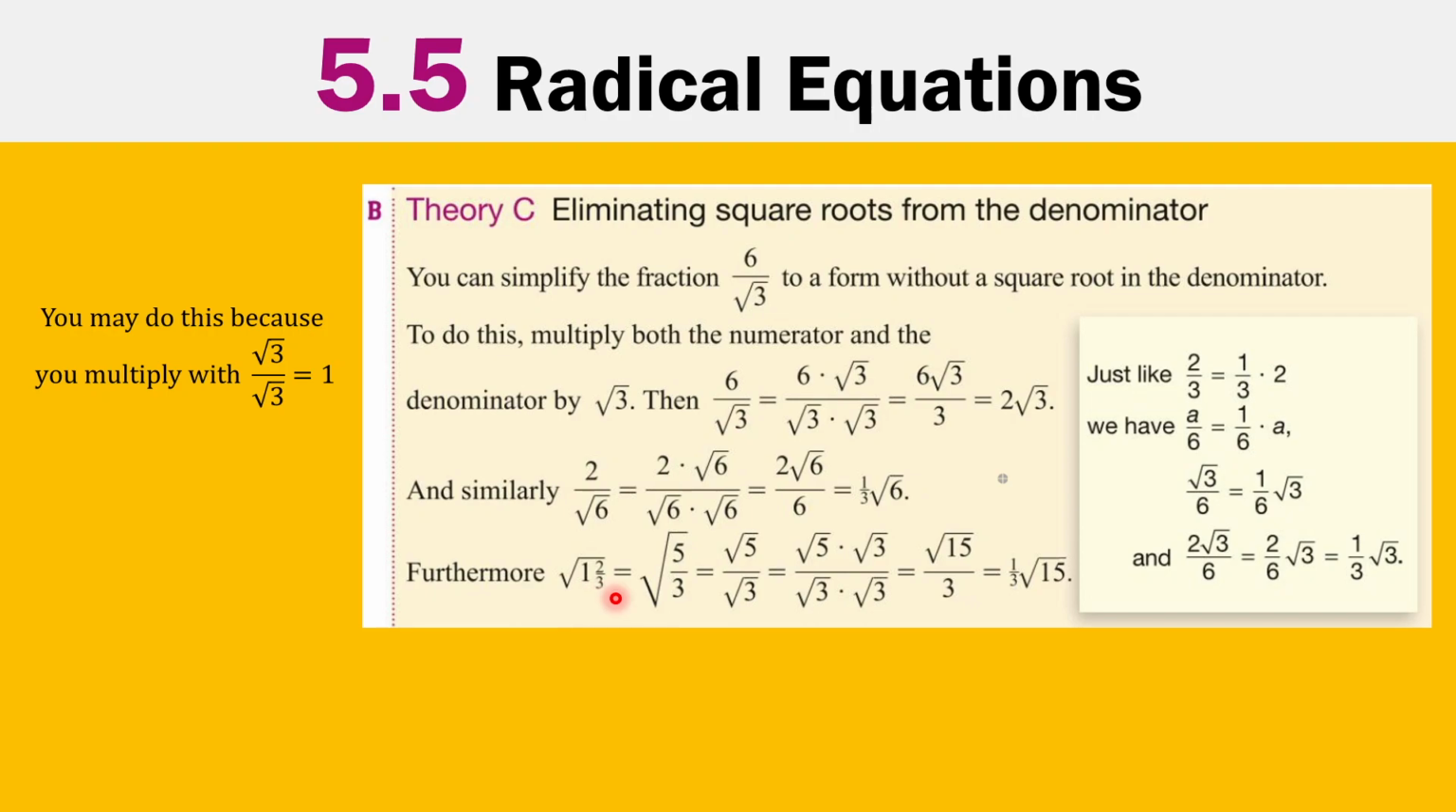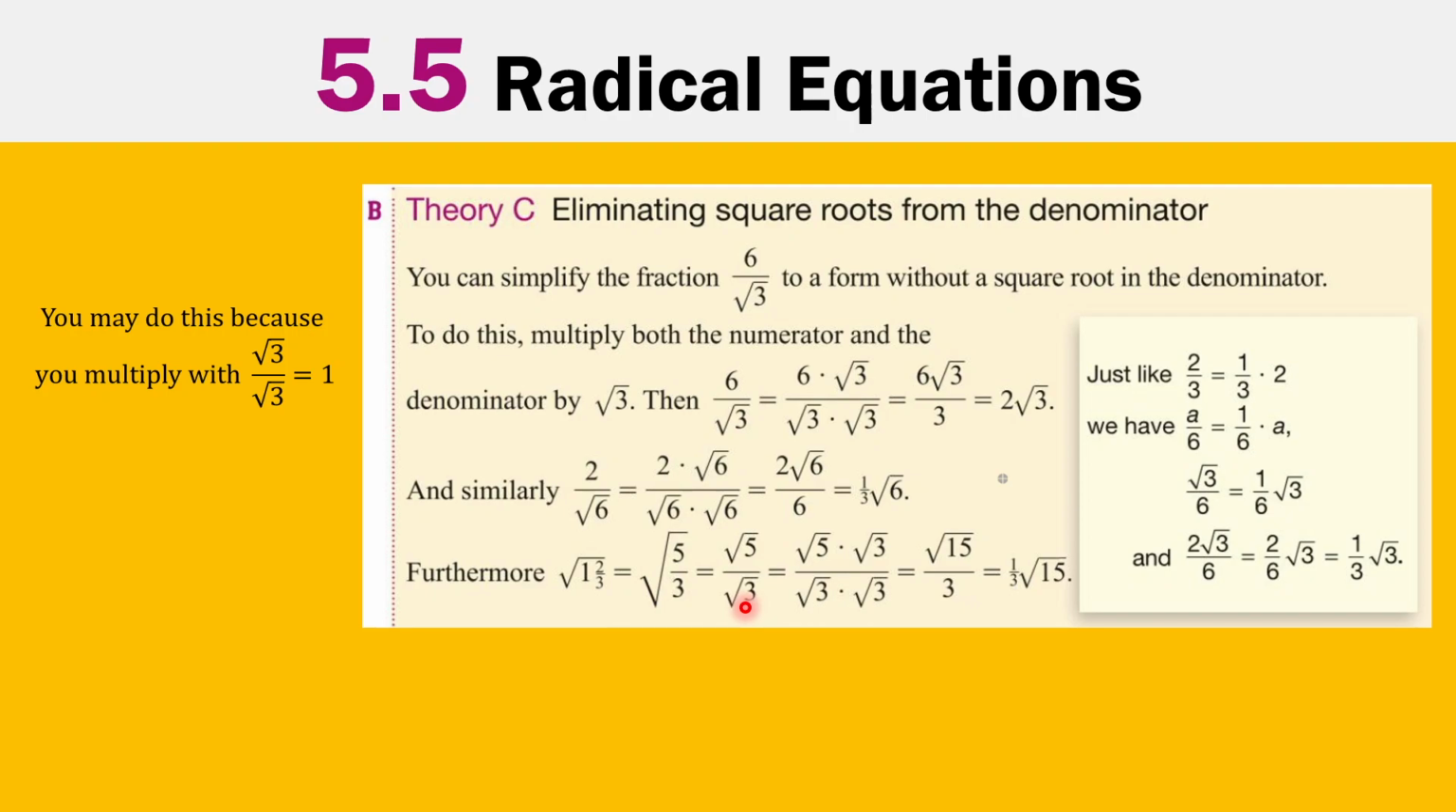Don't get too anxious about roots with fractions inside of them. First, convert this mixed number to an improper fraction. Root 5 over 3. Then here, the root of a fraction I can also write as the root of the